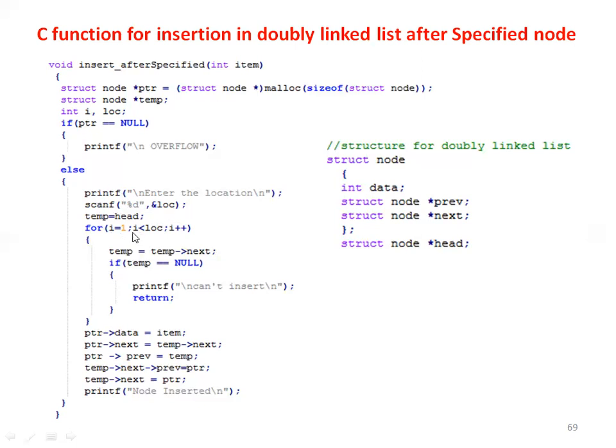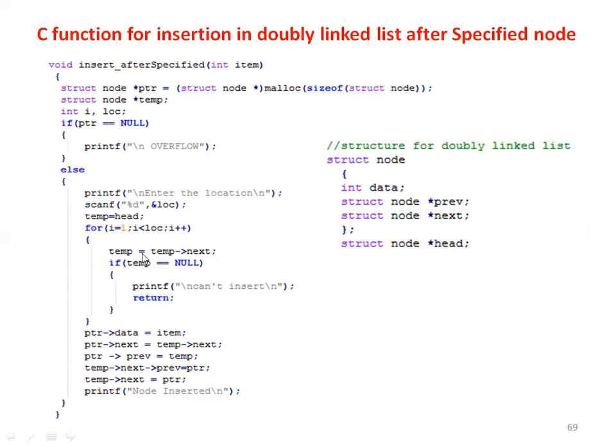And then we have to traverse the linked list from the first node, and we need to skip the nodes in the doubly linked list to reach the desired position by using this for loop here. So initially we'll start from the first node, so temp equals to head, and then loop is used. So for i equals to 1, i less than loc, i plus plus.